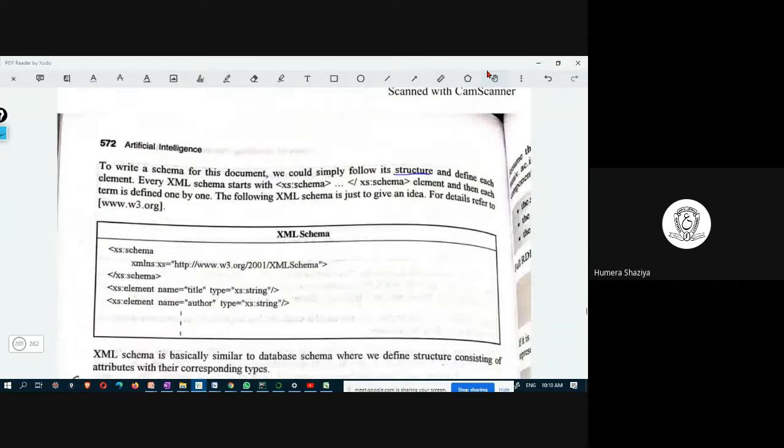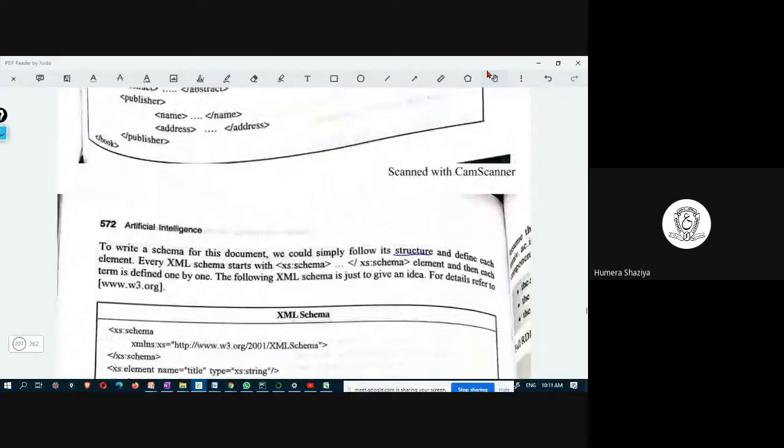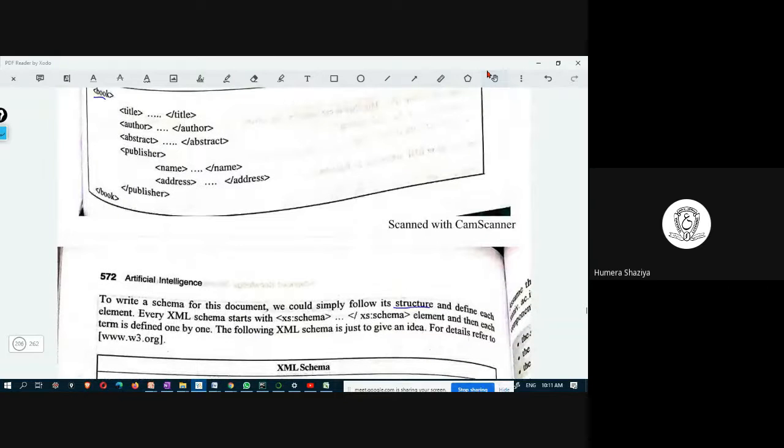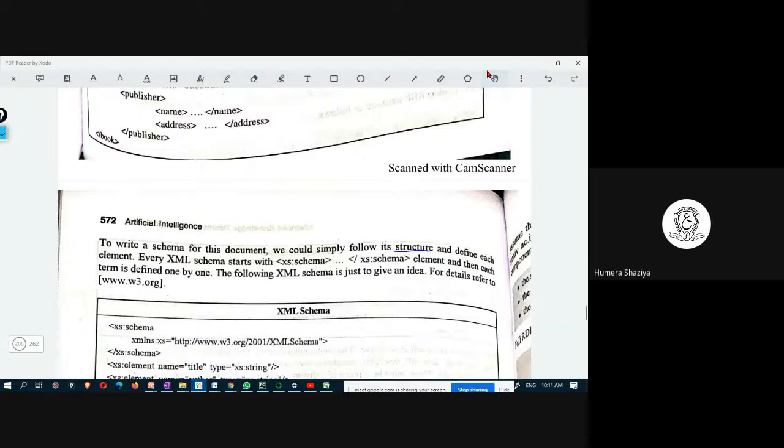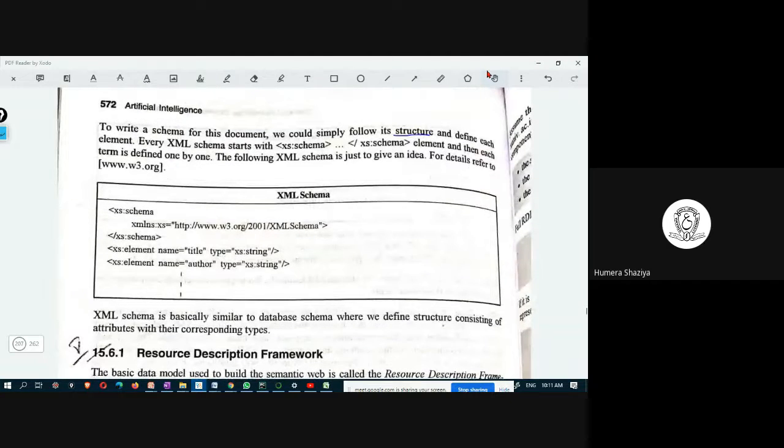This book XML representation will have title, will have author, abstract, publisher, and so on. These individual elements have been specified, described in detail,